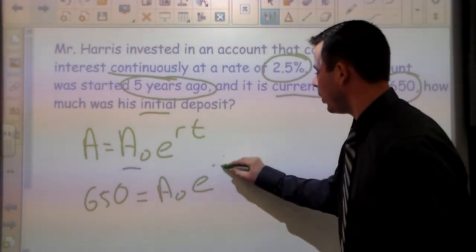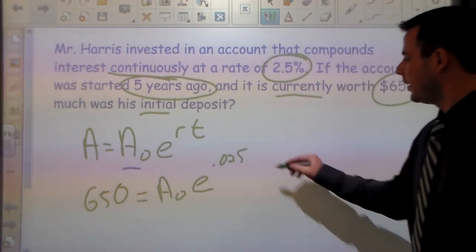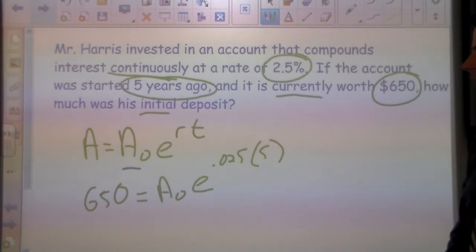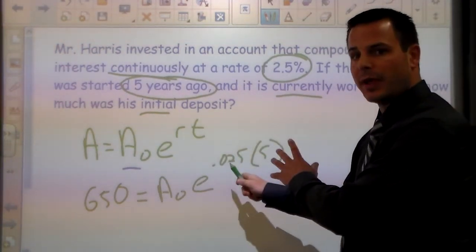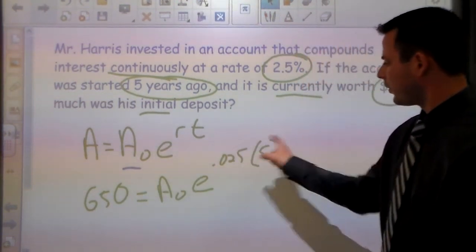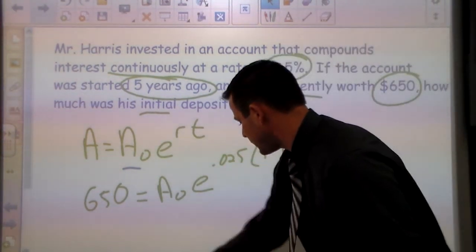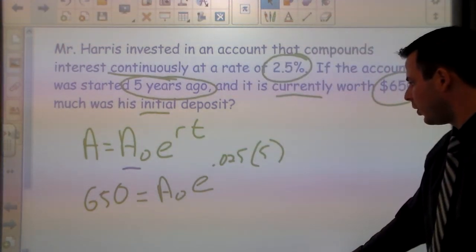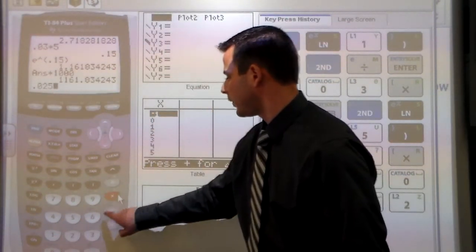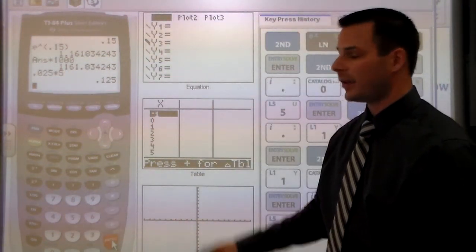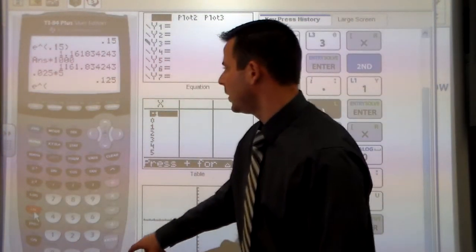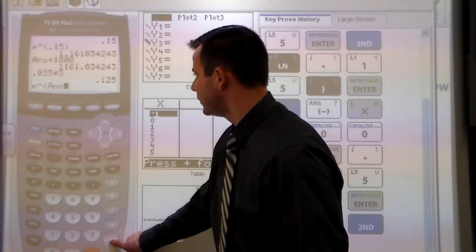R, 0.025. And the time period was 5 years. So now I'm going to figure out what this number is, and then I'll have to divide 650 by that number. So let's figure out all this in the calculator. And let's see, e to the 0.025 times 5. So 0.025 times 5. And that's the exponent of your exponential. So second e, second ln, to the second answer gives you